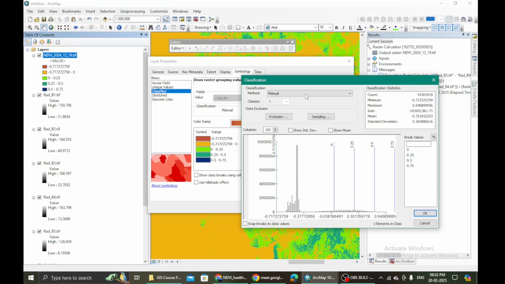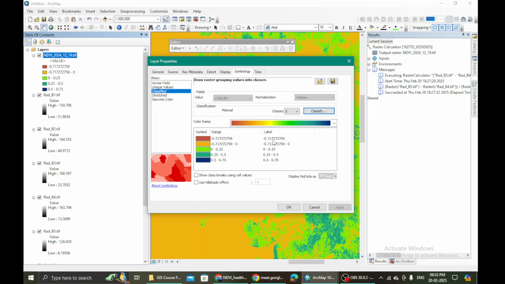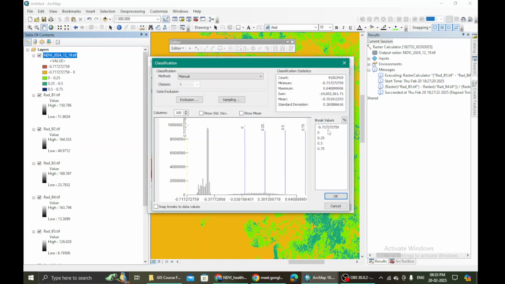Let me just delete this. Simply doing some corrections, because you see I've got two values here. So instead I want to give it like this has to come and this should not come. For that, I choose 5 number of classes again, then go here, and here I hit 0.